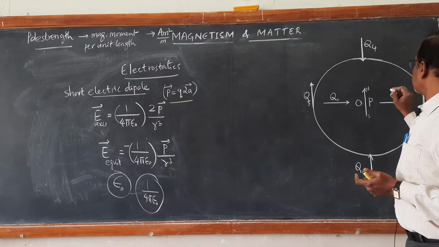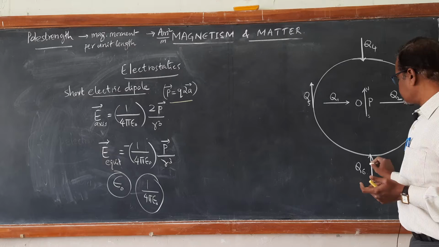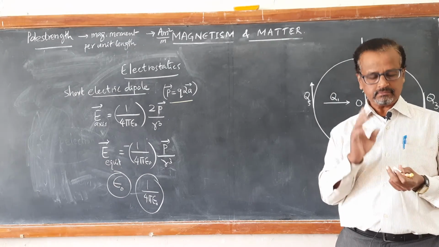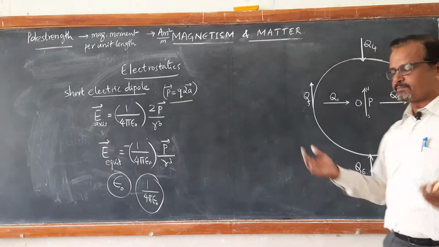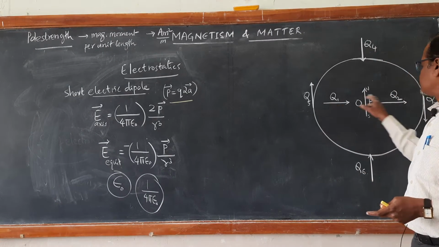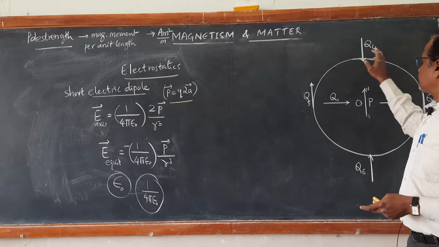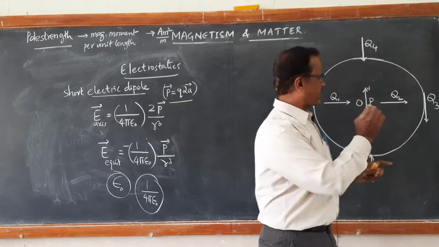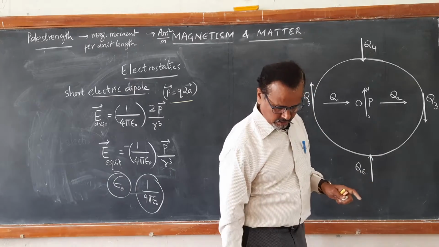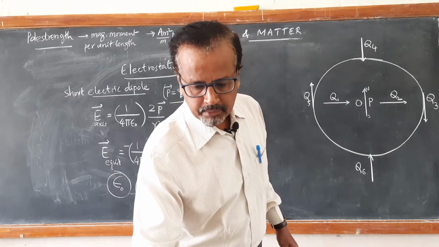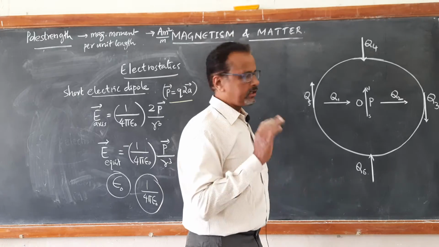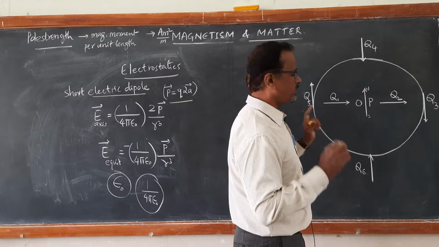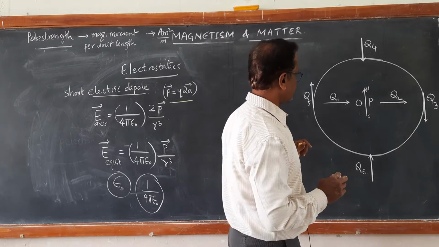Q1, Q2, Q3, Q4, Q5, Q6. These are the different positions of another dipole. Another dipole at different positions, they are named as first position, second position, third position, fourth position, fifth position and sixth position. It is being kept at different positions, right? The question is, in which configuration the system is not in equilibrium? So look at this.